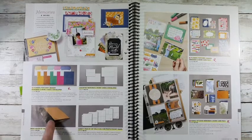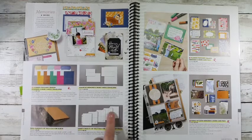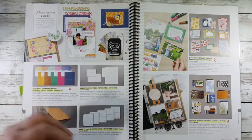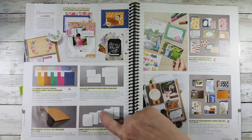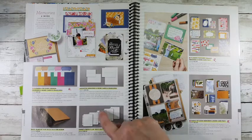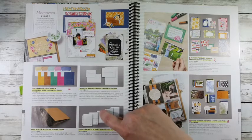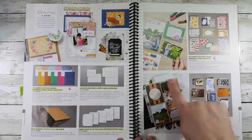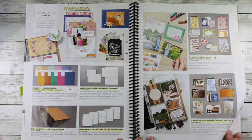Our little 6x8. This is a great little album. If you want to start learning how to scrapbook, you can do it right with the pages that fit into it. These are clear pockets that fit. You can put cardstock. You could see how there's one here that has like 3 different squares. You get 3 of those, but it's 4 different squares. Sorry, you could put cardstock in one and 3 photos in the other. Oh, here's a picture right here. So here's a whole picture that you can see how people did this. It's a great way to do a really quick